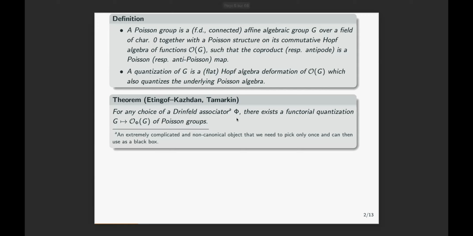But there's still this old theorem that says that you can always... So I should start right away by saying that everything I'm going to talk about depends on something called a Drinfeld associator. You don't need to know what it is. It's just some highly complicated, very non-canonical choice that you have to make at some point. And then everything will sort of depend on that black box. And so this theorem from the 90s by Etingof and Kazhdan is that not only quantization of Poisson groups actually exists, but there's actually a functorial quantization of those, which is in sharp contrast with, I don't know, Kontsevich deformation quantization of ordinary Poisson manifolds.